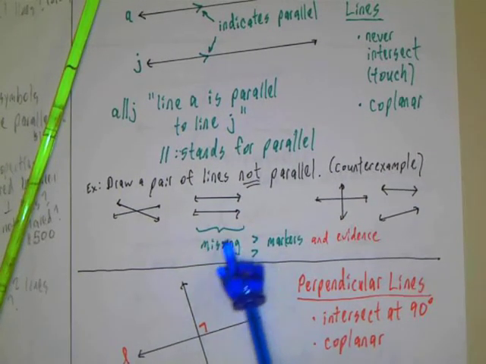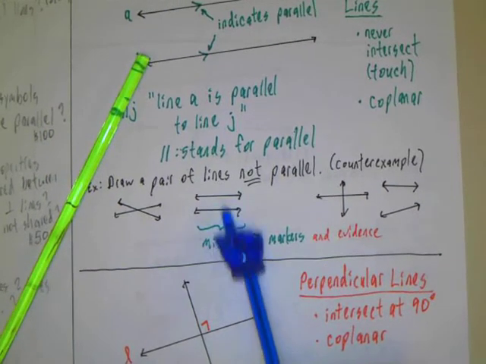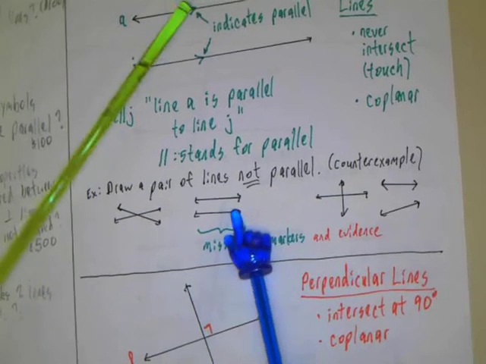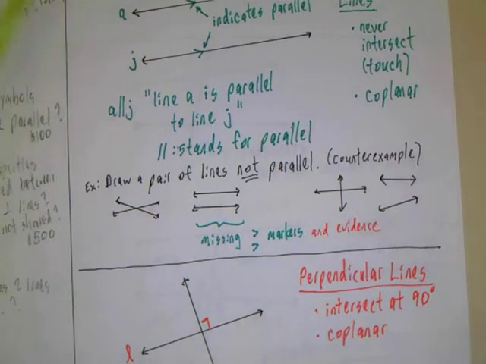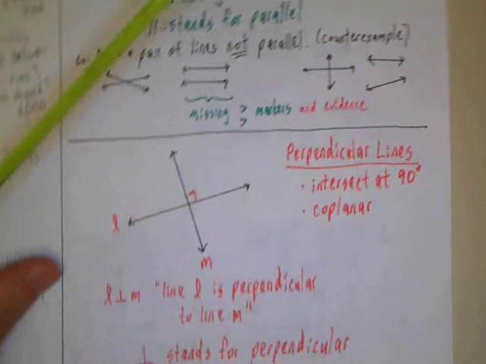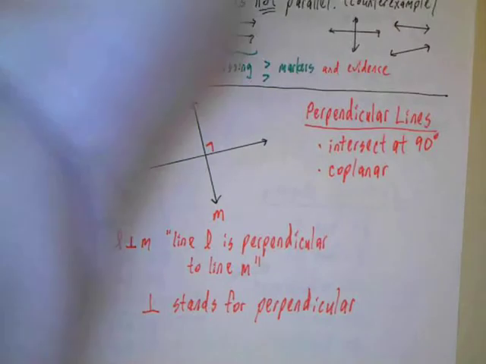unless there's info, such as, in this case, parallel markers showing that they're parallel, or evidence, meaning something from the given information is telling us or giving us enough info for us to conclude that those are indeed truly parallel lines. We've got something called perpendicular lines, which we saw in the first chapter, which said that,